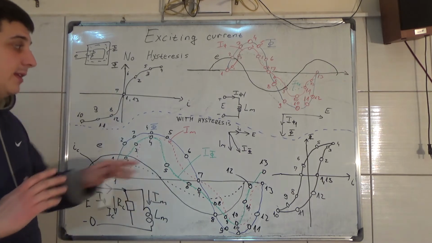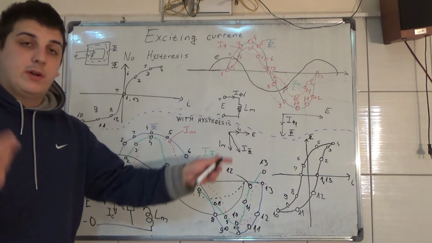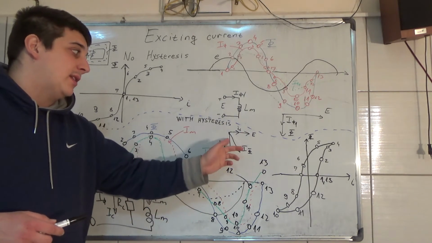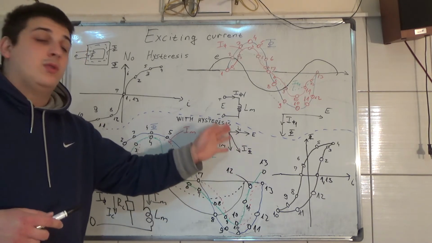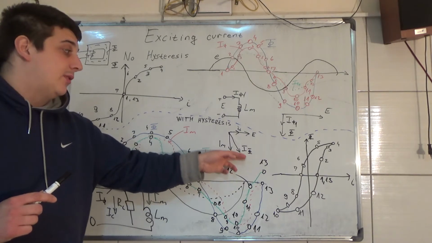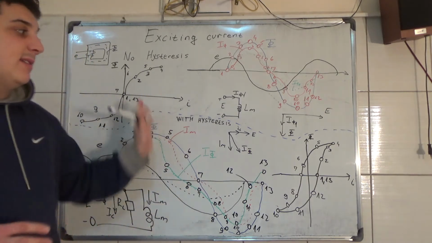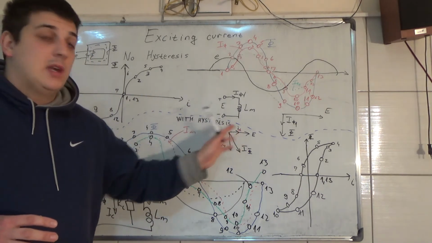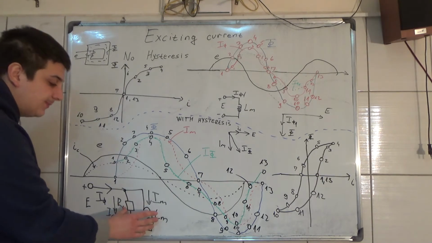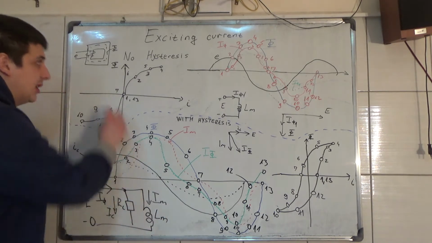And how do you calculate this? You calculate this with the Pythagoras theorem. So you move this to here. This is the hypotenuse, and you do the Pythagoras theorem, and you can calculate the amplitude of the exciting current. So with hysteresis you have some lagging, and you have core losses. So you have this equivalent circuit for the magnetic core. This is the magnetizing inductance, and this is the core losses in the